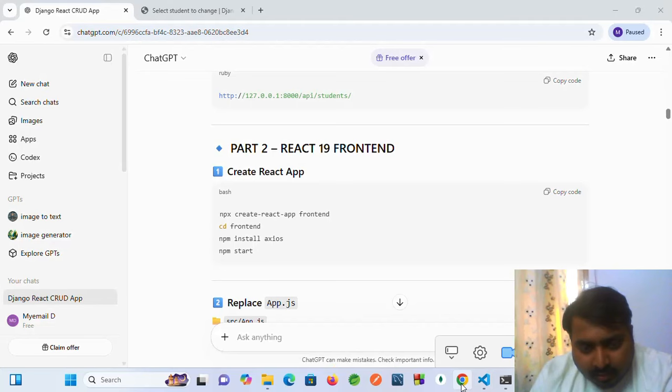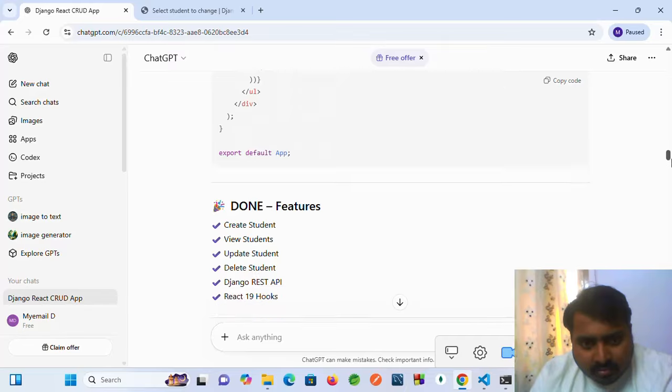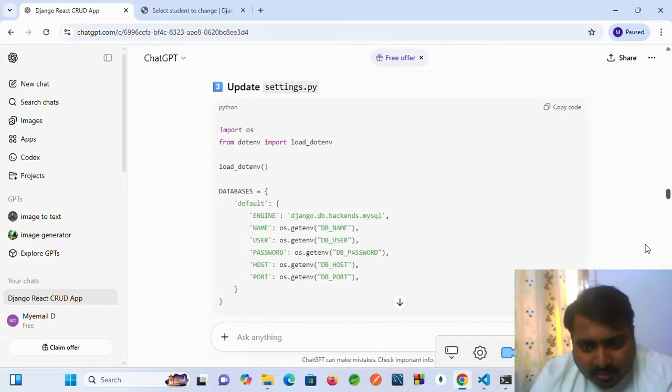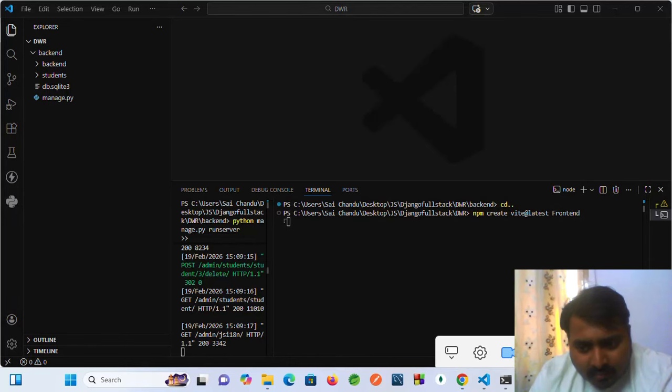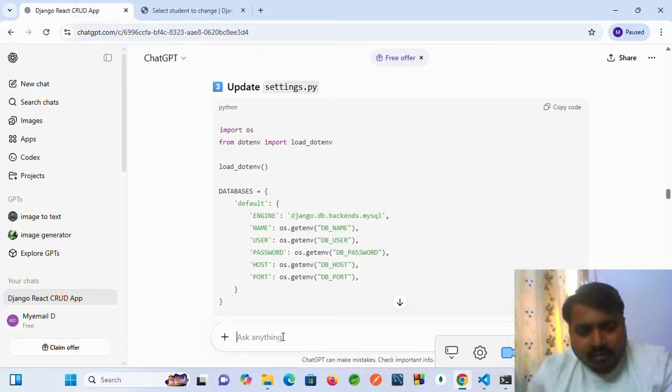So up to here we have completed, right? So I don't want to create all these things. If someone thinks, okay, see all this code is given, right? I don't want to copy paste also. There is one shortcut. I will say that also. What is that shortcut? Just come to this ChatGPT, and after getting this code only, that is possible. Okay, after getting this code, you have to press